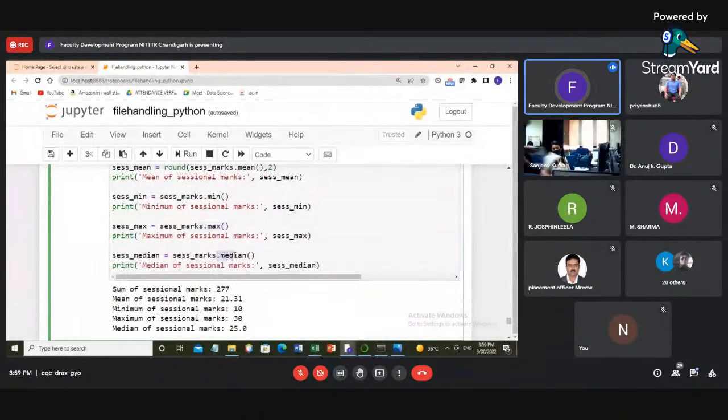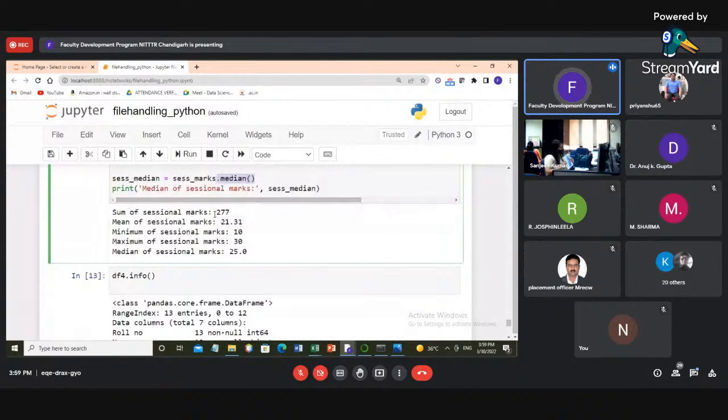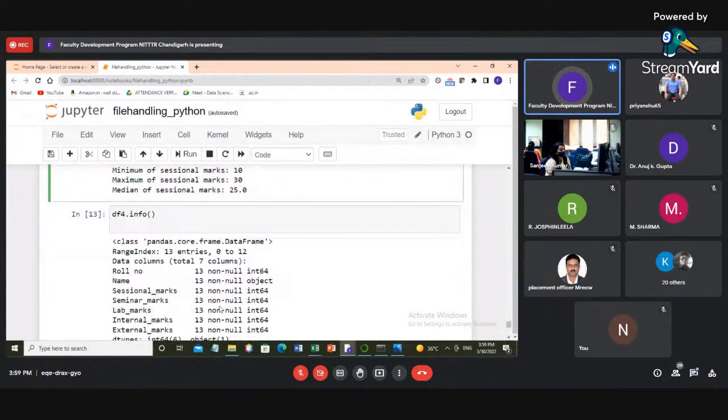Similarly, you can compute median also, sessional marks dot median. So all these statistics are displayed: sum of sessional marks, the mean or average of marks, minimum marks in a subject, maximum marks in a subject, median. And another wonderful part is when we are having some file, if you want to bring all the statistics